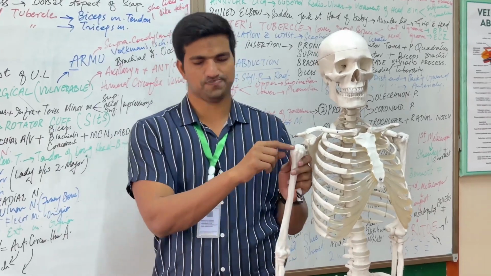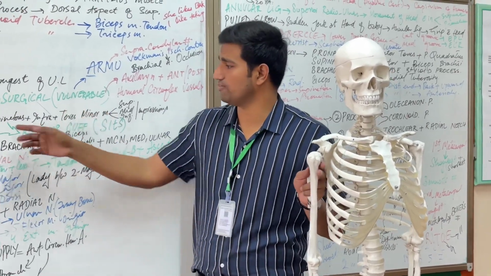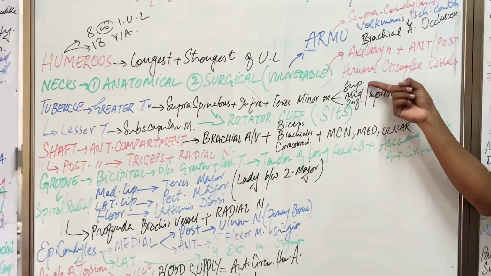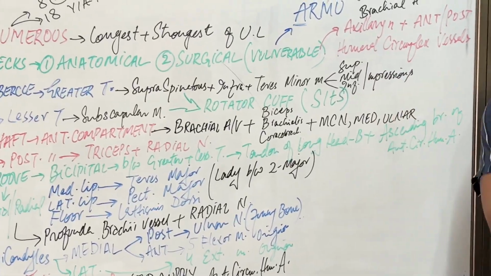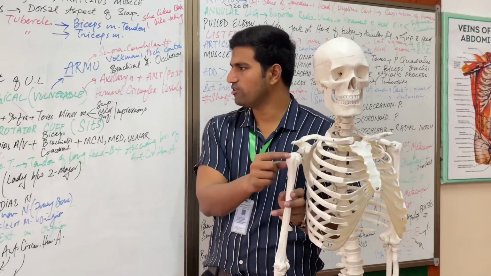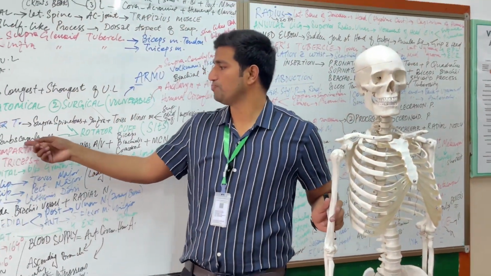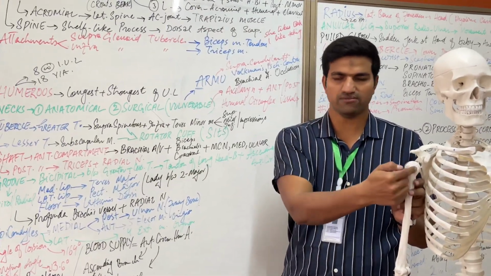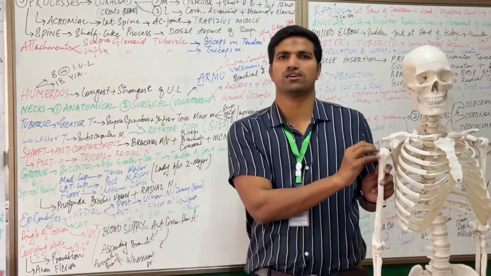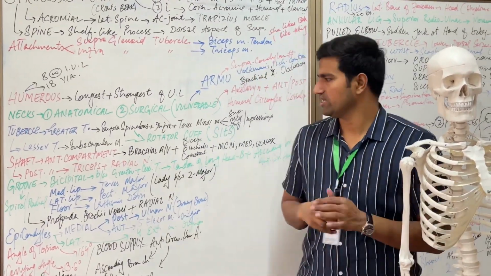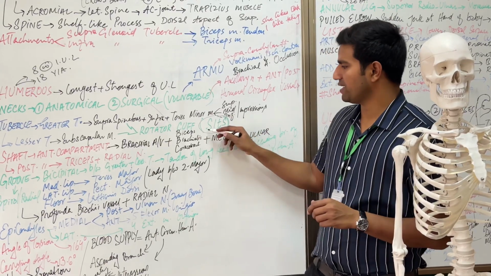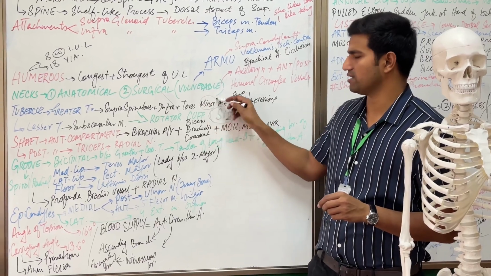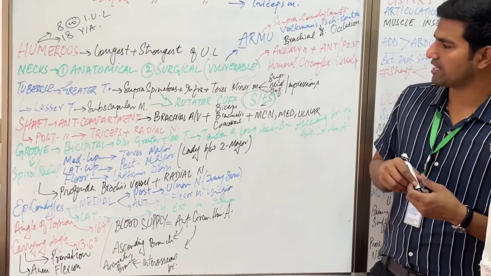Again, you can see from here, supraspinatus, infraspinatus, and teres minor attach to the superior, middle, and inferior impressions of the greater tubercle of the humerus. Subscapularis attaches to the lesser tubercle. One from the lesser tubercle, three from the greater tubercle, these four muscles. The mnemonic is SITS: supraspinatus, infraspinatus, teres minor, and subscapularis. T is small because it is teres minor, not teres major. So it stabilizes the shoulder joint.